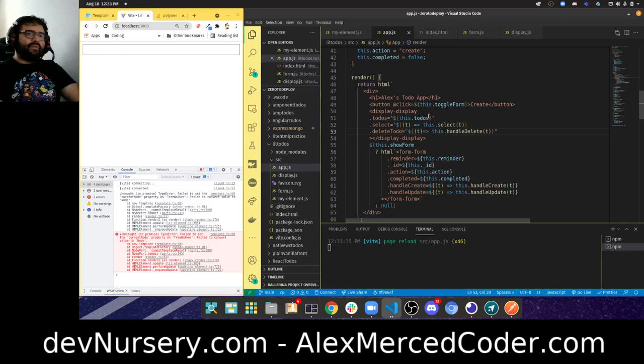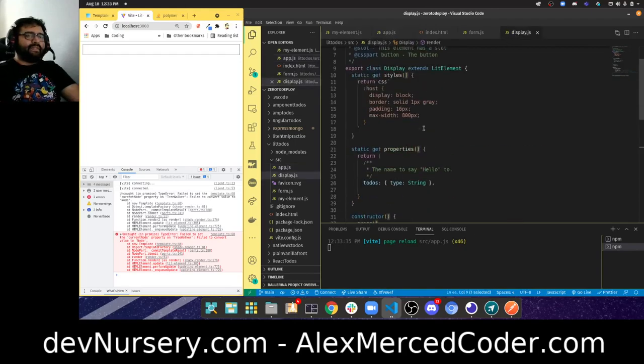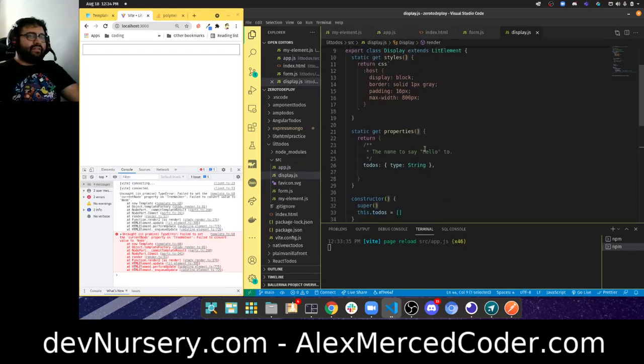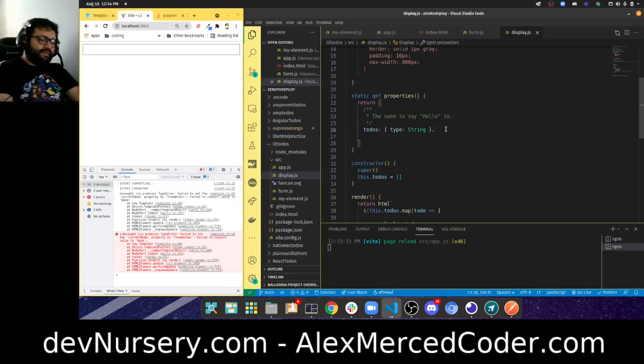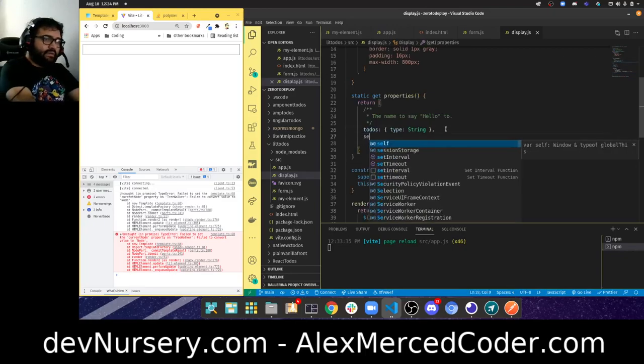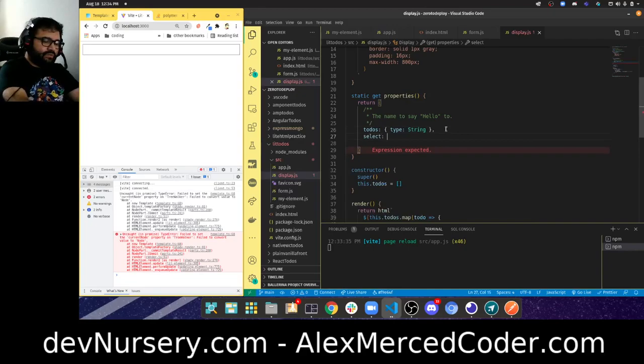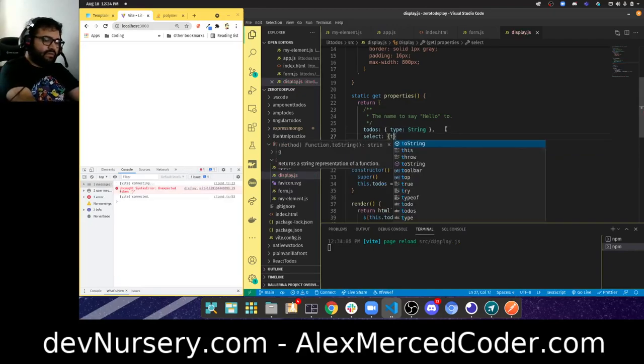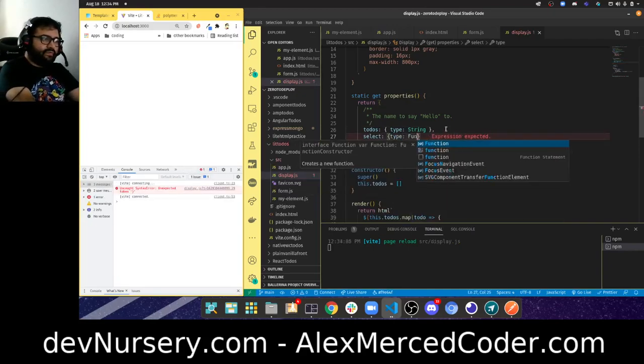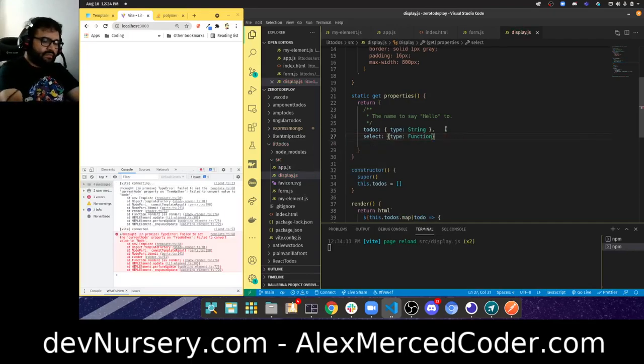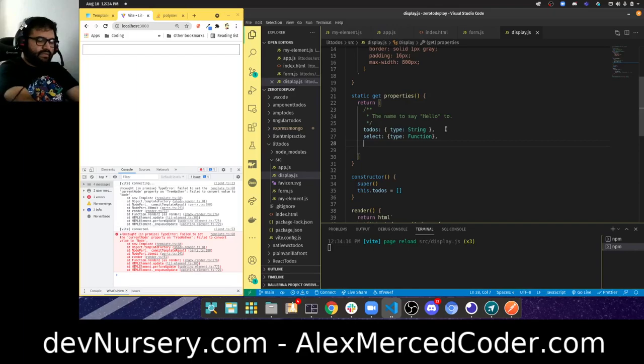Make sure that this is all display.todos.select. Okay, I'm going to assume that maybe it still needs me to specify select and that. So let's just go specify those properties. Select, which is going to be type function, and then there is select and